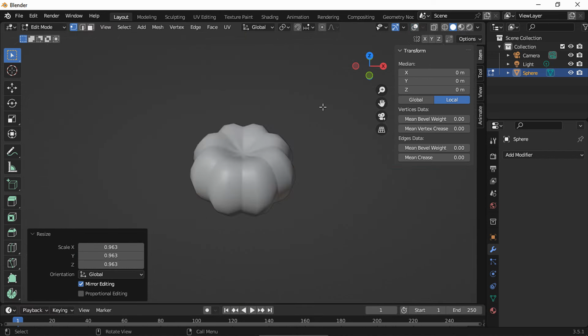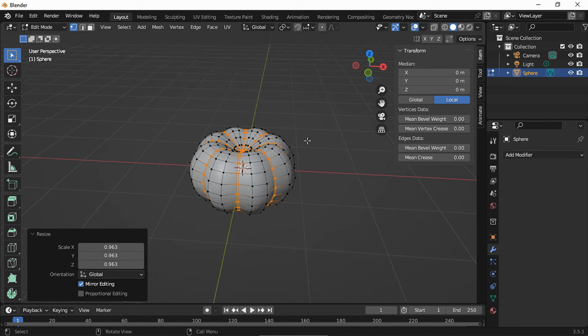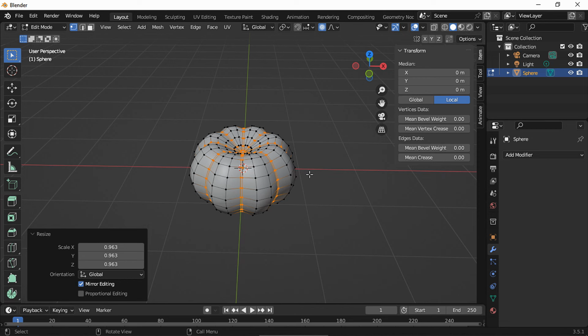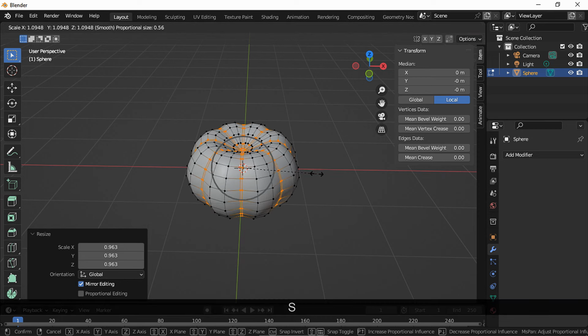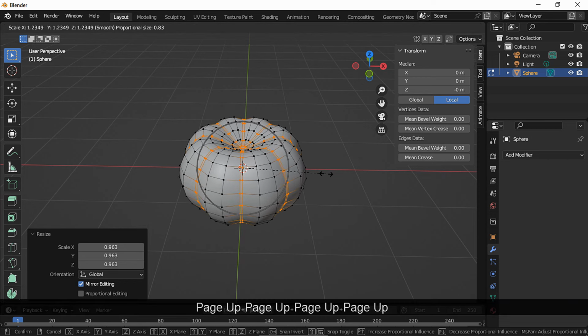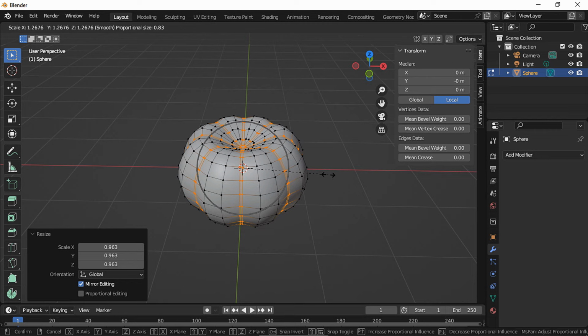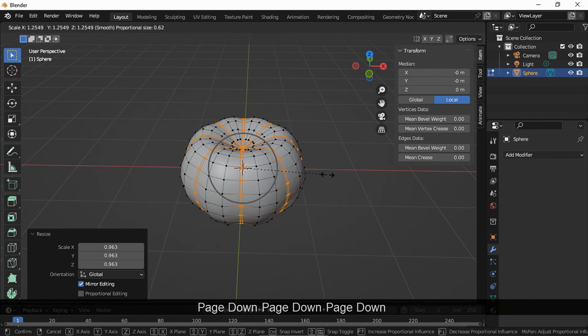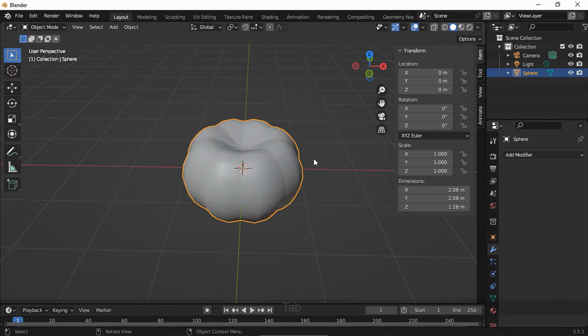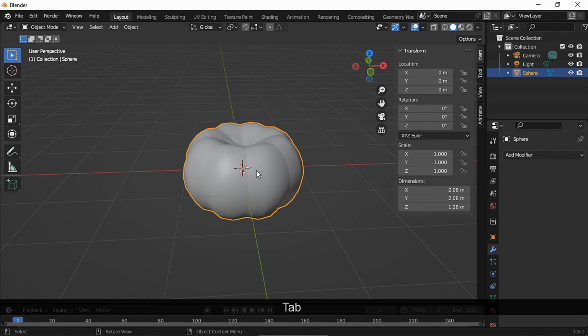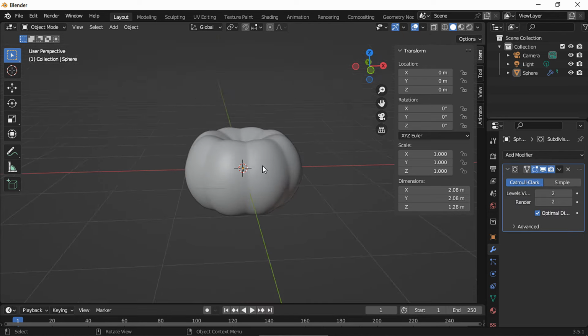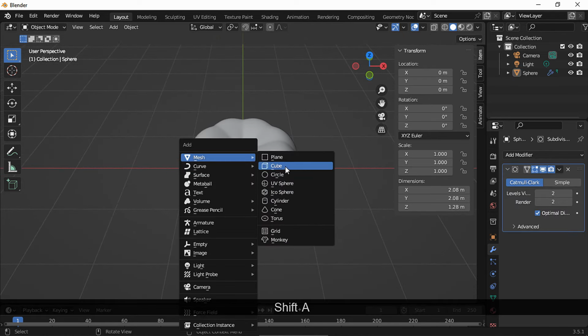Let's take a look. I think the ribs look a bit too pronounced and I don't want that, so let's enable proportional editing again and scale up a bit so the ribs look a bit less pronounced. Remember to play around with the influence until you find the right look. Back to object mode, Ctrl 2 to add a subdivision modifier,